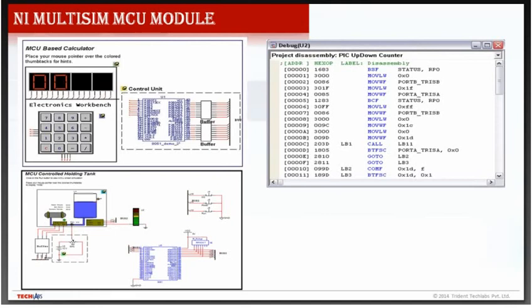Mostly in hardware, we have to burn those ICs to run specific applications. We write some C or assembly language programming, and then we burn it into the burner, so that the program is dumped into the IC. Then we could connect those ICs with different pins according to the input and output, and we make the hardware or real circuit. The same is possible in the Multisim software.